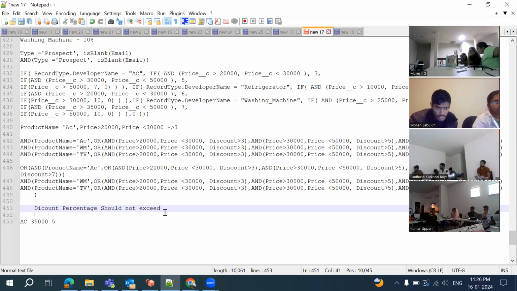Like, initially they give 5%. If it is throwing an error, they can try with 4. And then again, we are getting an error. They maybe try with 3. So they are going to keep on trying like that. If they keep on trying like that, it is wasting the customer's time as well as a salesperson's time. So that's why rather than displaying a generic error message, I would like to display the corresponding